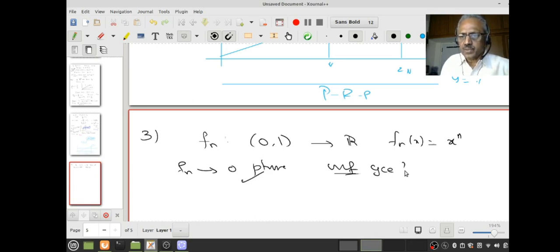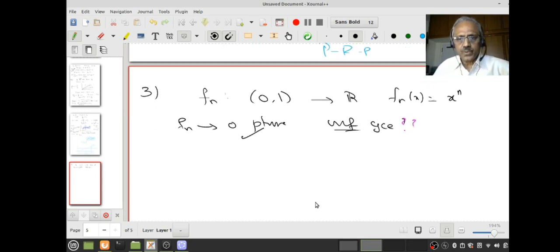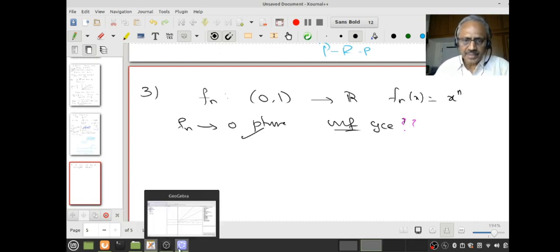You may recall we already proved in the last lecture the convergence is not uniform, even though we did not use the word uniform convergence at that time. To quickly recall the proof, let us go through this. It may be a good idea to look at